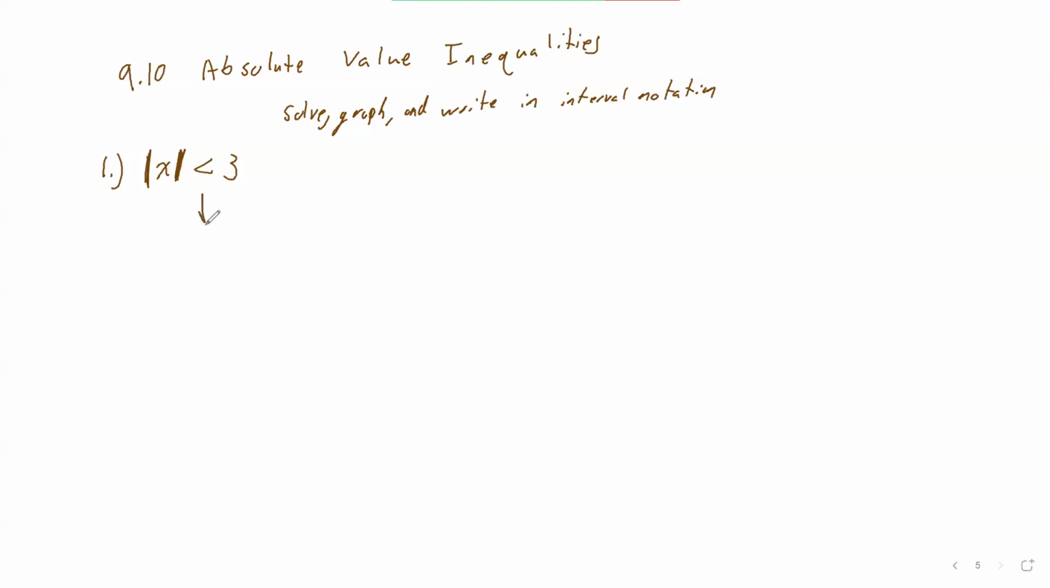So I'm going to rewrite this as -3, the negative of this number, less than my x, less than my original 3. Now, in this case, there's nothing to solve, but if I had to solve, I would then start solving at this point. Okay, so there's your solution. All the values between -3 and 3, if I plug into here, will give me an answer that will be less than 3. So when I graph this then,